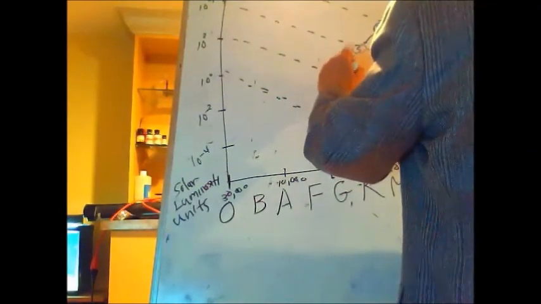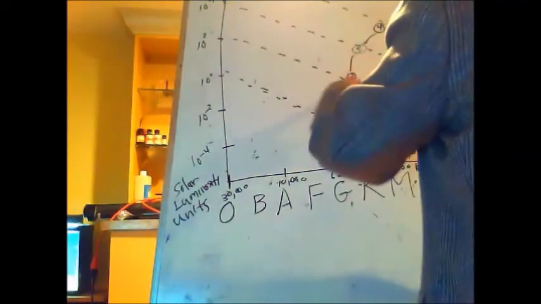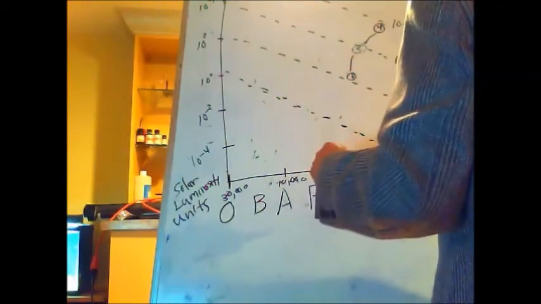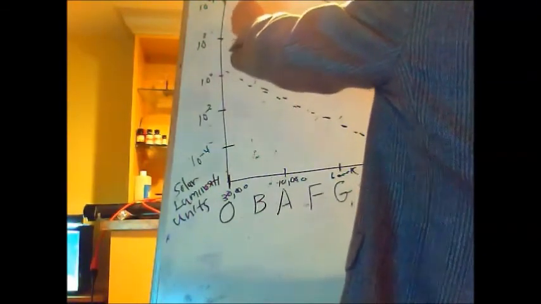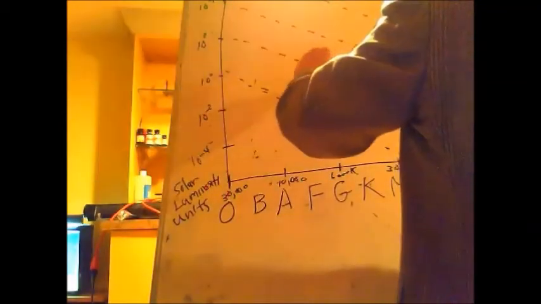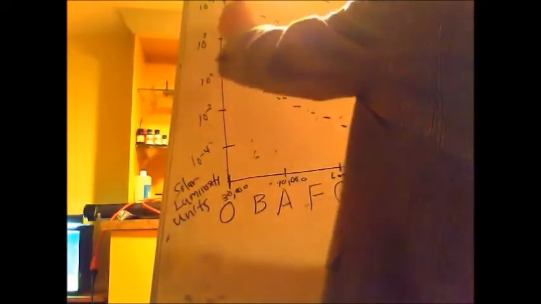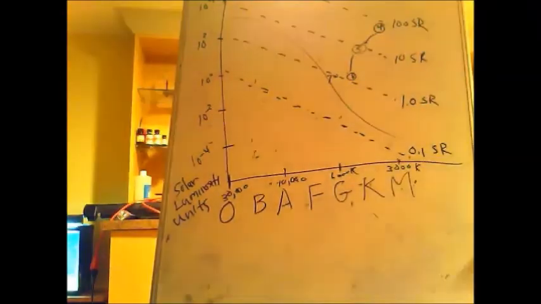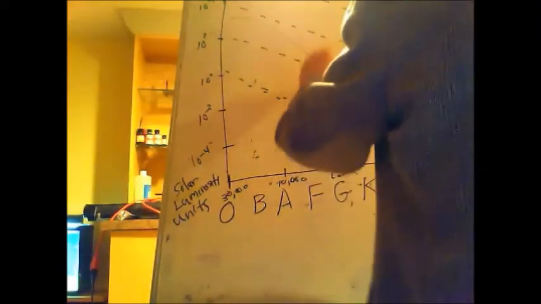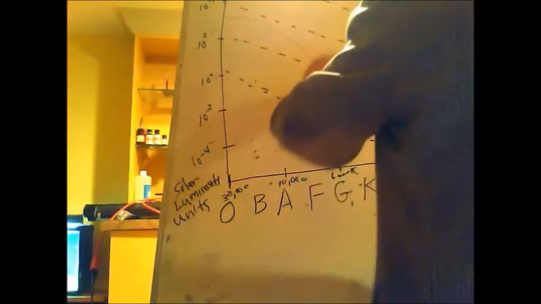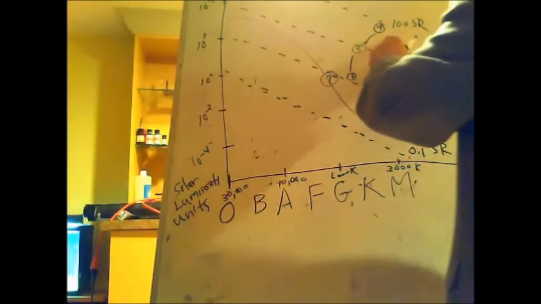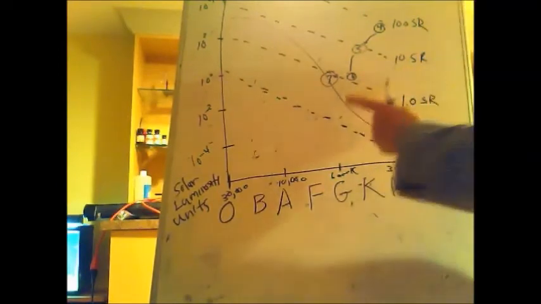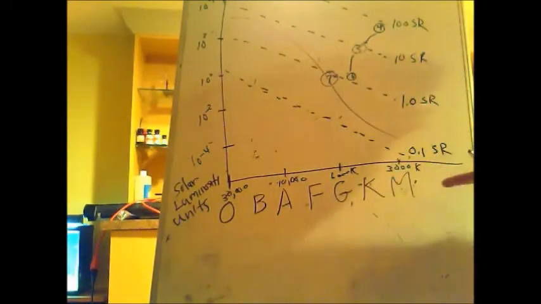It's going to hop over and actually land on the line that represents its position on the main sequence through here. Then it's going to become a main sequence star. So it'll hop onto the line right over here, somewhere about here, and it'll actually fall right on the main sequence, and that will be stage 7 when it actually hits the main sequence. We haven't actually gotten to that point yet. But what I wanted to show was that if we look at these Hayashi tracks, what we'll see is, depending on the